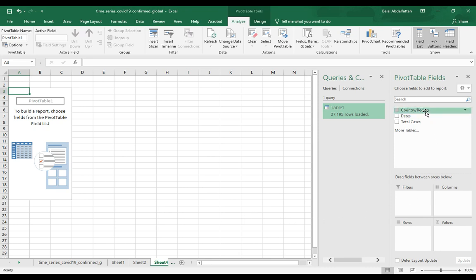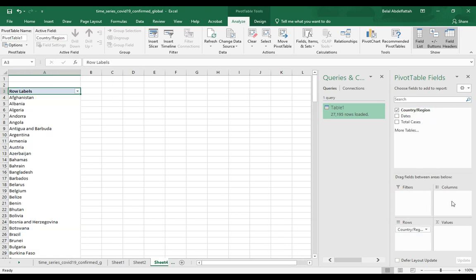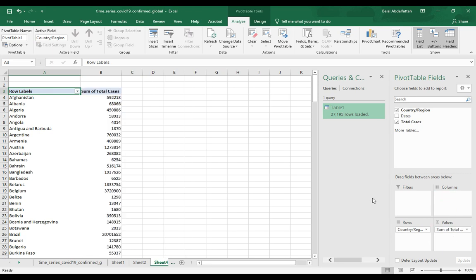So I'll grab country region and place that to rows. And we have the list of countries that I can do an analysis on. And for total cases, I'll put that under the values portion. And we now have the sum of total cases, which is a little bit misleading, and you have to be careful here because these are all inaccurate numbers